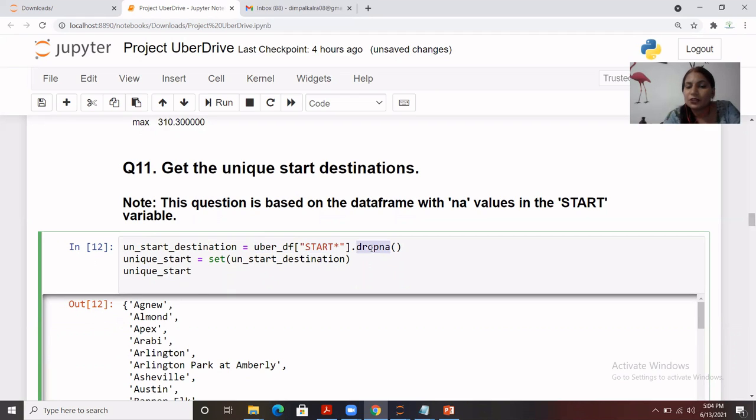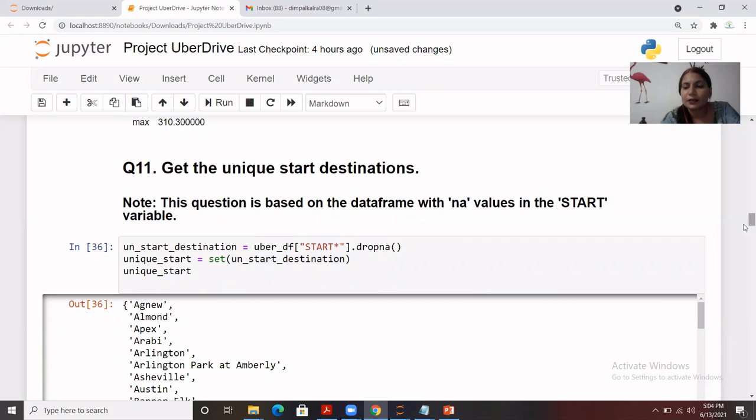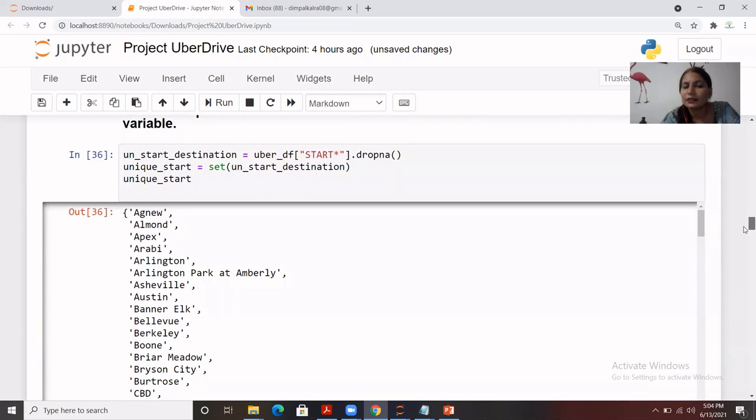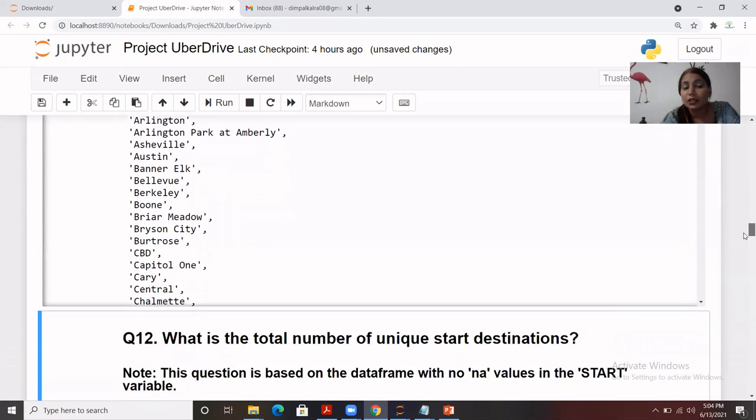We have used a set because we are fetching the unique records. You know that a set is a structure that is a combination of unique records. So we have applied a set around the start destinations, stored it in unique_start, and we just call that variable. So this is how we can get that variable value.